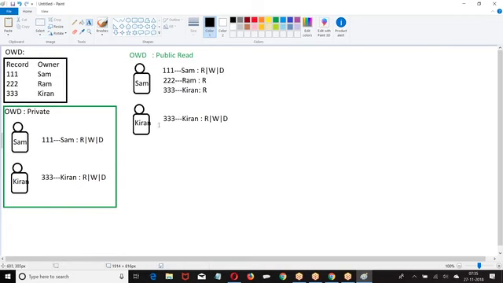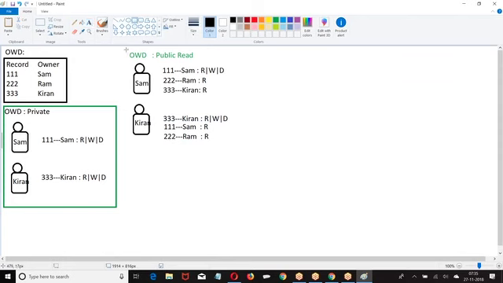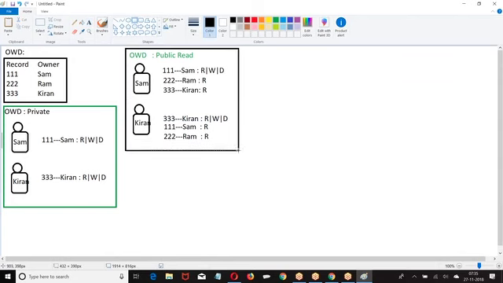But others can only perform read operation on others' data. Everyone will be able to see everyone's data, but others can perform only read operation.